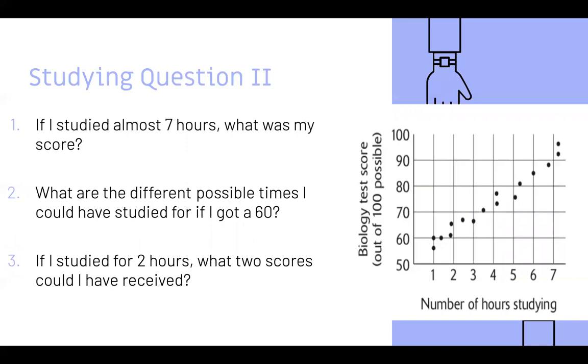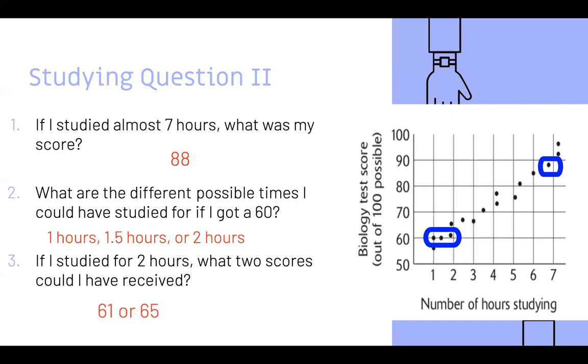If I studied almost 7 hours, what was my score? Well, almost 7, so a little under 7, so about 87, 88. We have that data point right there. What are the different possible times I could study for if I got a 60? Well, there's 3 different times, 1 hour, 1.5 hours, and 2 hours with those data points right there. If I studied for 2 hours, what 2 scores could I have received? And it would have been either 61 or 65 with those data points there,